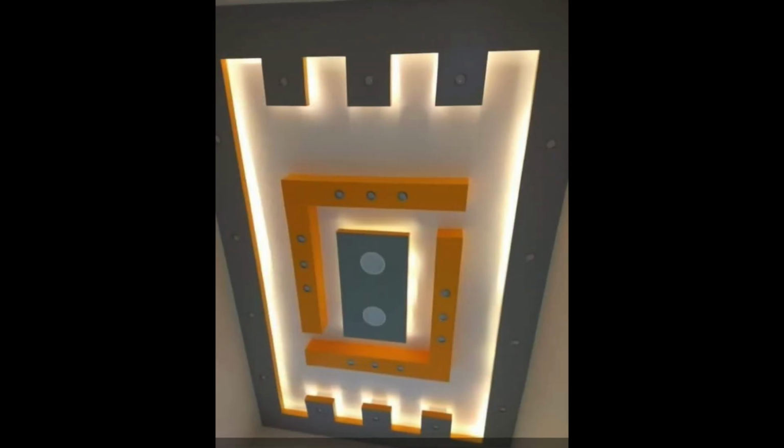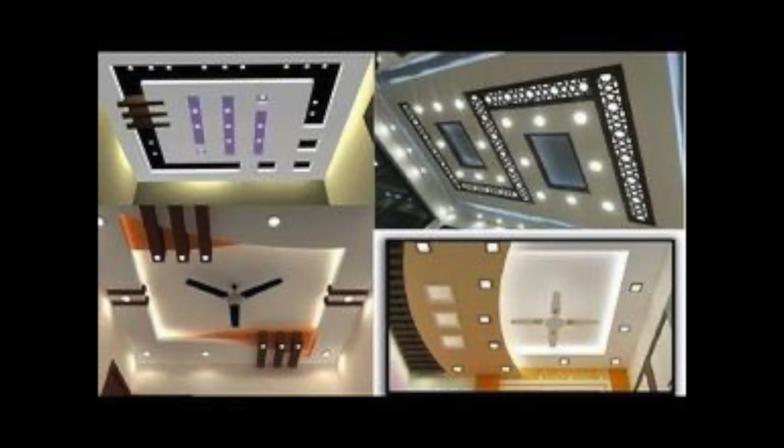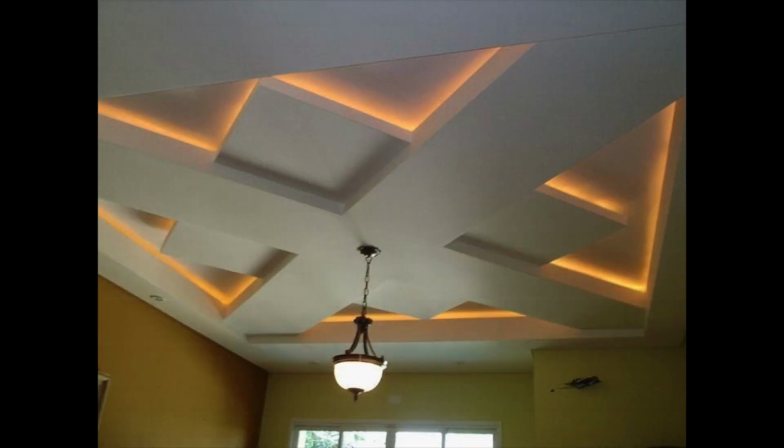Fifth, consider the lighting. LED lighting can be incorporated into a false ceiling to add visual interest and improve the functionality of the space. You can use different colors and intensities of LED lighting to create different moods and atmosphere in the room. Finally, false ceilings are a great way to add visual interest and functionality to a room